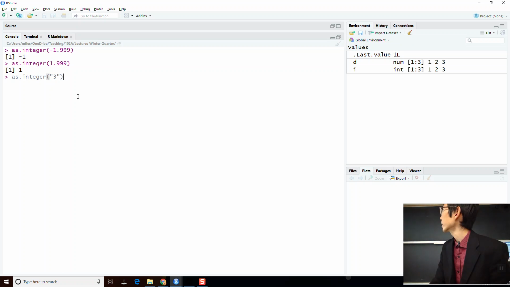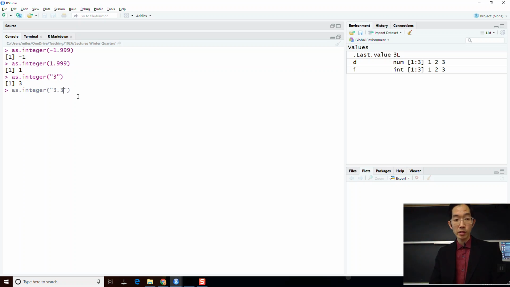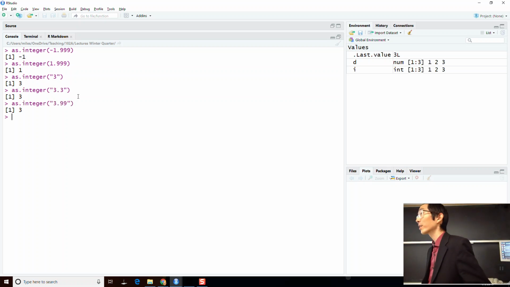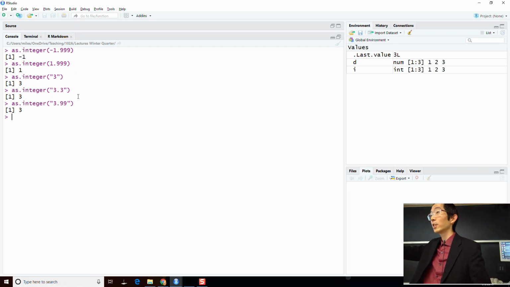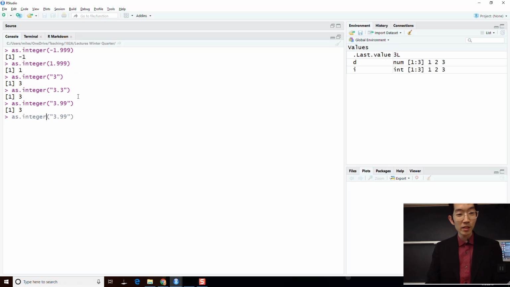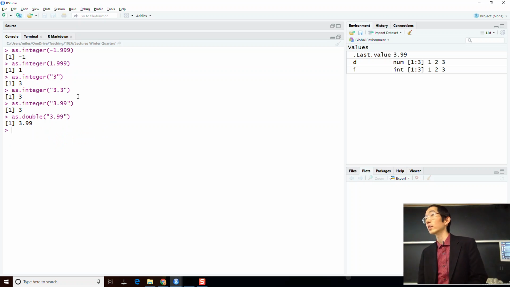Okay, so you can take a string that says 3 in quotes, and it can coerce it to integer. And if you take a string that looks like a number, okay, it'll turn it into a number, and if it's as.integer, it'll drop the decimal portion. As.double, we'll say, well, that looks like a number, and I can understand this. Okay,